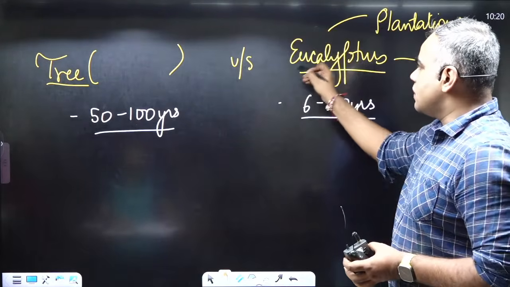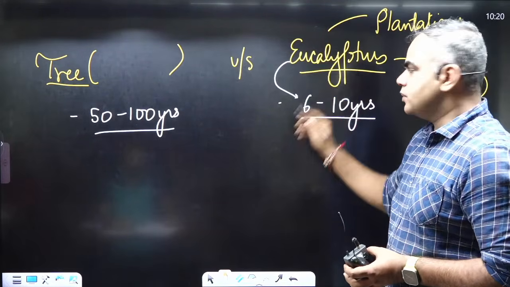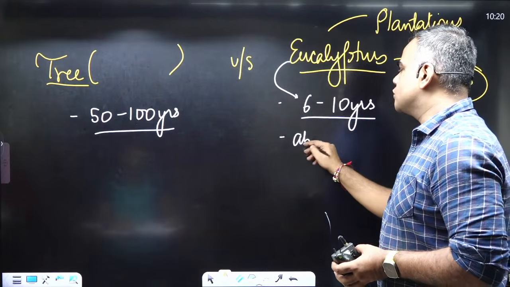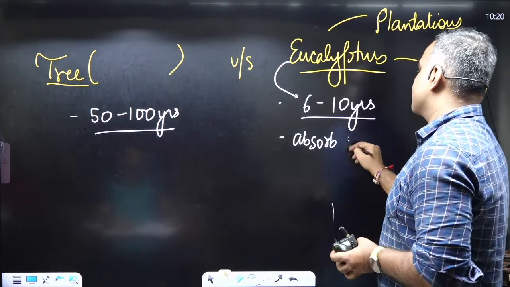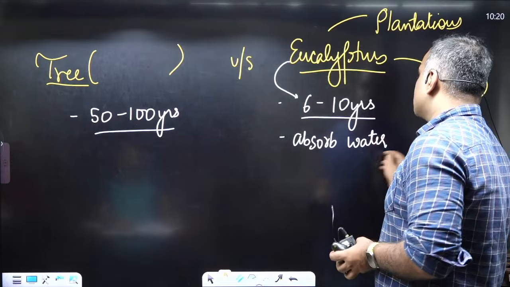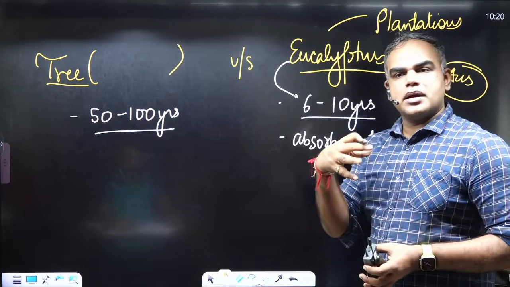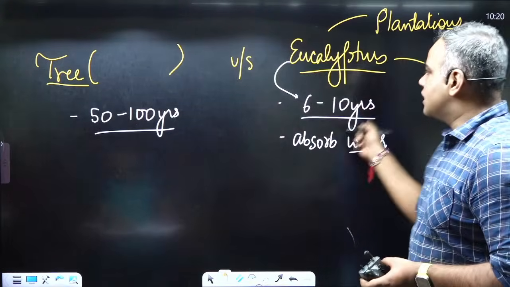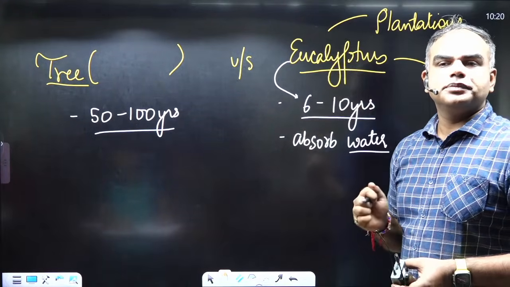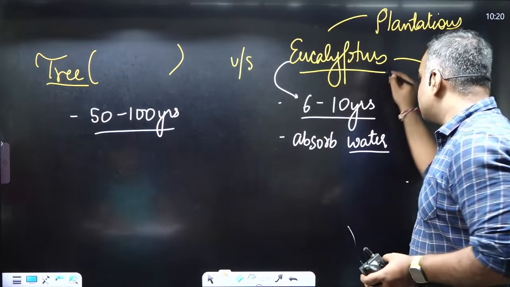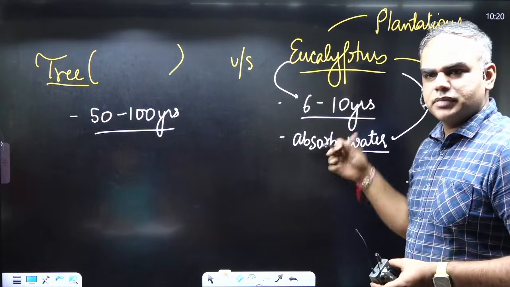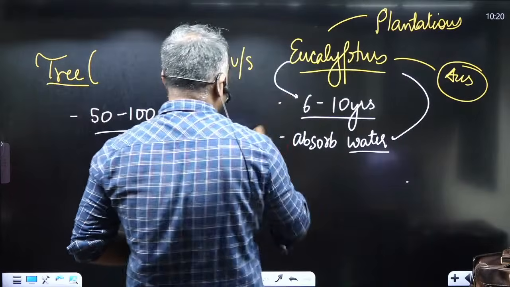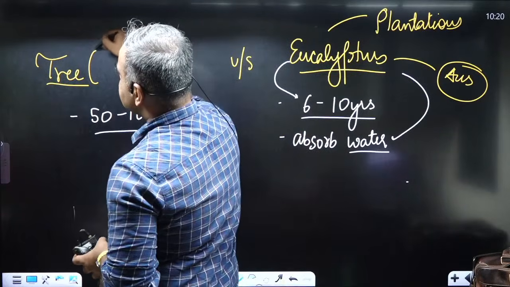See, eucalyptus, while it is very fast growing, good, eucalyptus can also absorb heavy amounts of water. Absorb कर लेगा. Okay, so many times when there is huge water logging and some other issues, it can help in treatment of that area, because it will take up and absorb all this heavy water, right? This is good, but the issue is, देखो, trees etc.